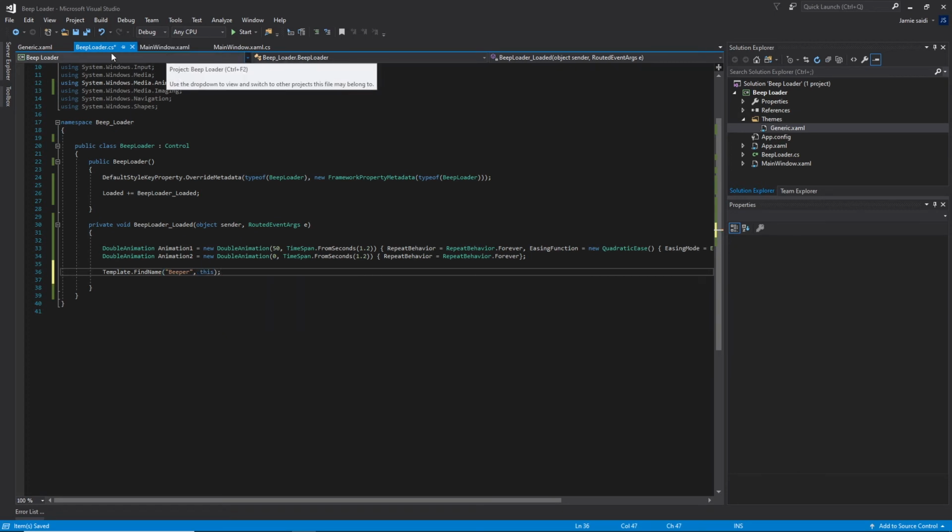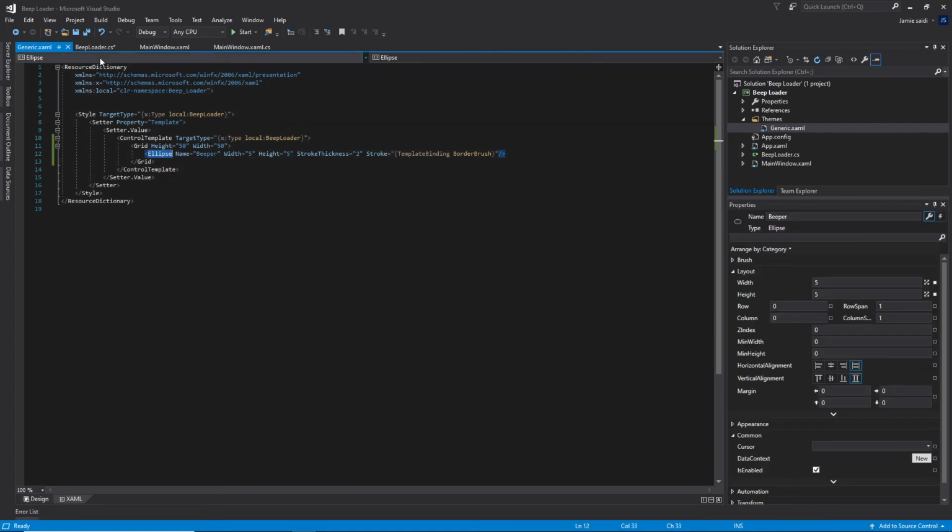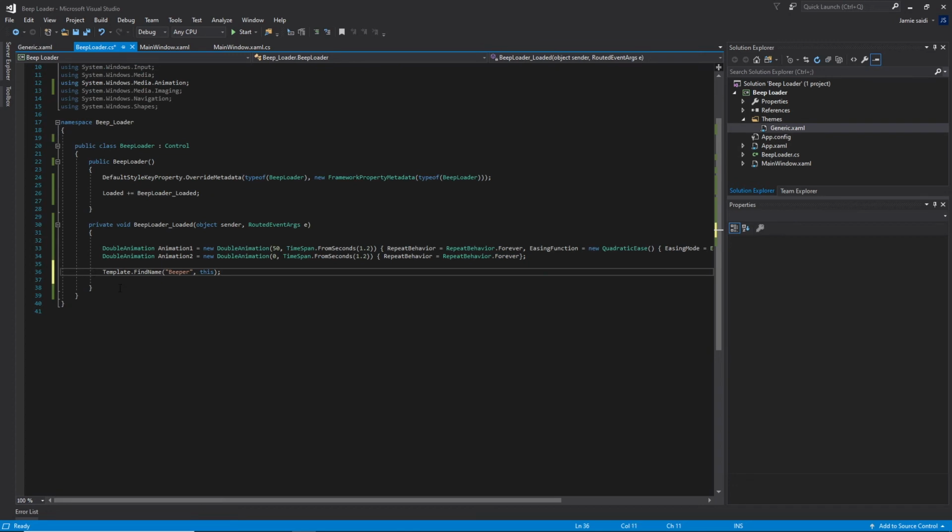Now, since I know already that the element being returned is an ellipse, I can actually explicitly define it here. So I'll say ellipse, I'll give it a name EP, and I need to cast it here. Okay, so basically this function will return the element with the name beeper. Now we know that this element is an ellipse, so we can actually define it here. So what I'll do now is I'm going to animate this ellipse height and width, and I'll also animate its opacity. So EP